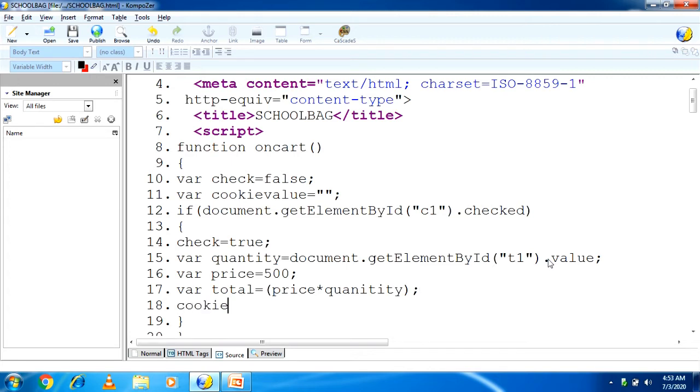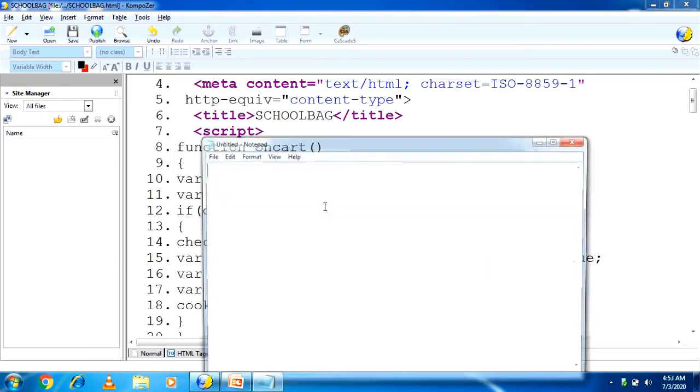So cookie value, previously the cookie value was also null. Now you are adding the value: cookie value plus equal to. I am writing here plus equal to. In class 11 I taught the concept. I'm just again showing one example here.